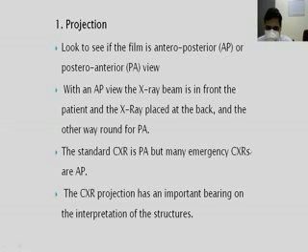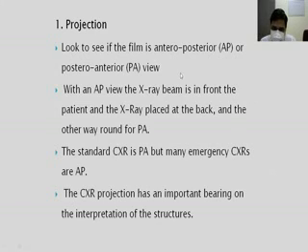When we see a chest X-ray, we should look for things like projection, orientation, rotation, and exposure. I'll be dealing with all these points one by one. Before seeing normal anatomical structures, we should see whether the X-ray is proper or not. Only a proper X-ray should be interpreted, and we should try to identify the structures. If the X-ray is not proper in any of these parameters, normal structures may not be seen, and they may be identified as abnormal, or we may miss abnormalities.